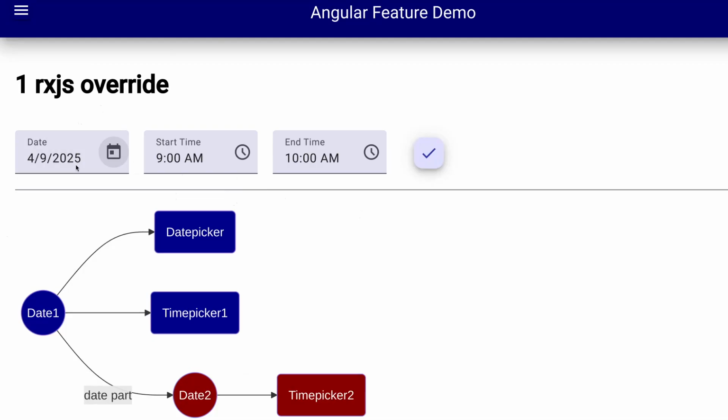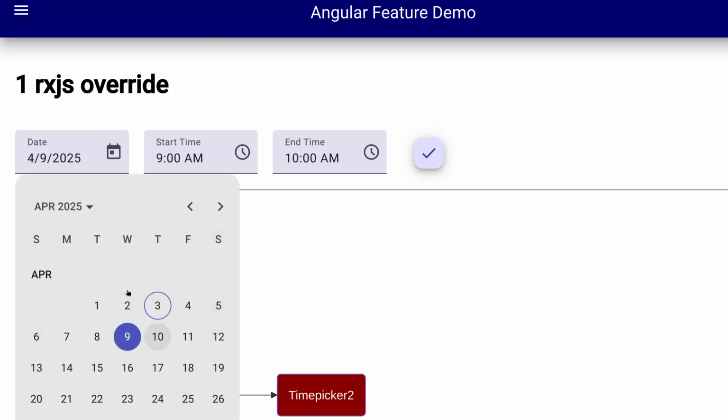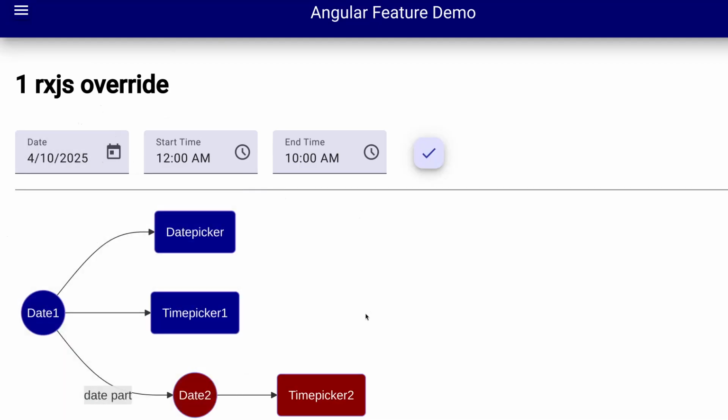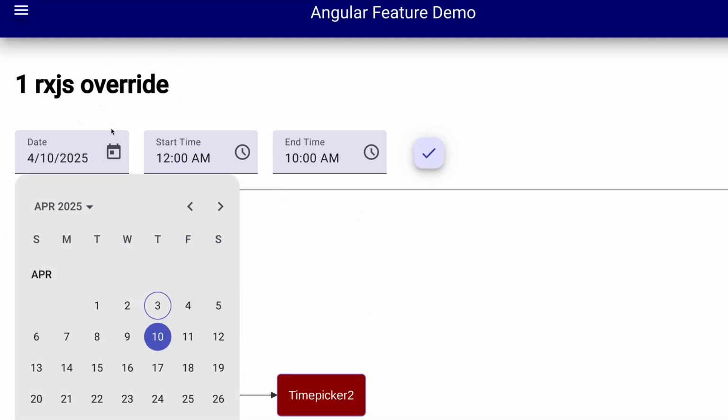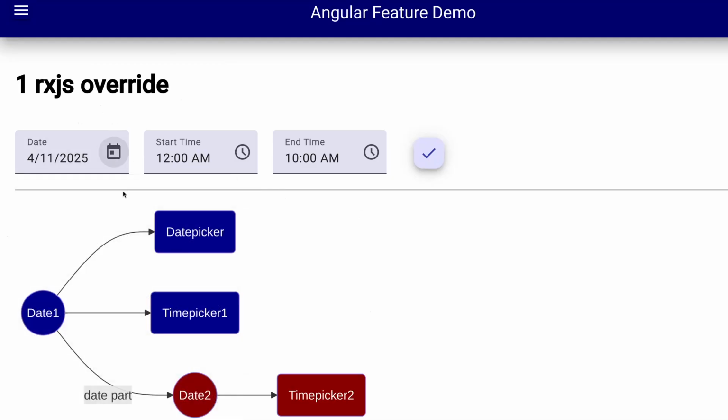Whenever you pick a new date, I will use 2 functions. Actually, they're called operators, RxJS operators. startWith inserts a new value before any other values of an observable, so I would grab the previous hour, previous time. Then I use another operator called pairwise, which emits 2 values, the previous value and the current value. So whenever you pick a new date, the current value is always midnight. I would use the previous value, maybe 8 o'clock, 9 o'clock, whatever that is, to override this midnight